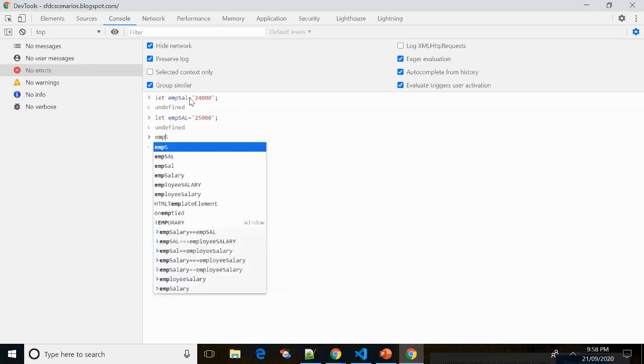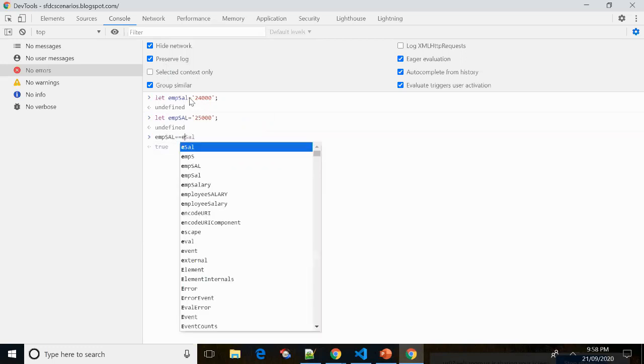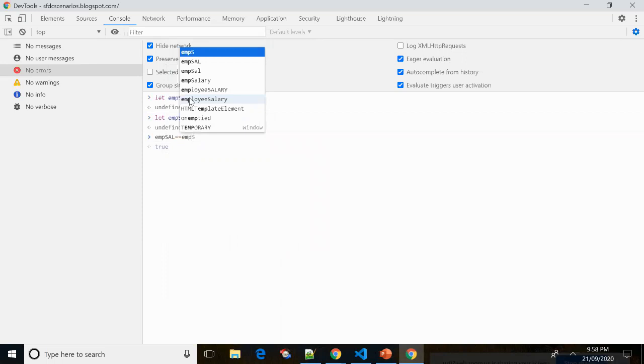Now I'll do the comparison: emp sal double equal to emp sal. Now it is returning false because the values are different.